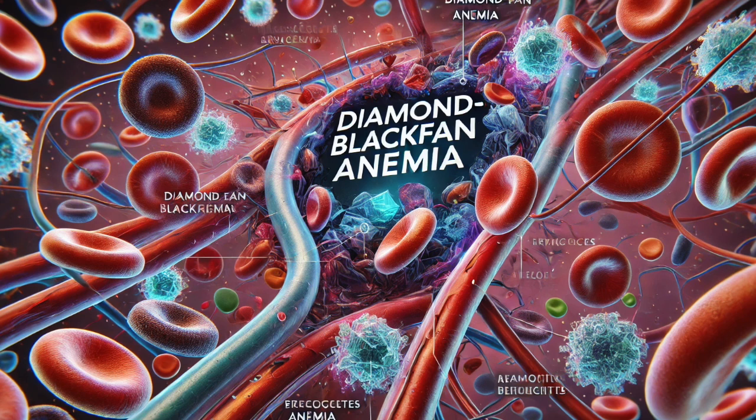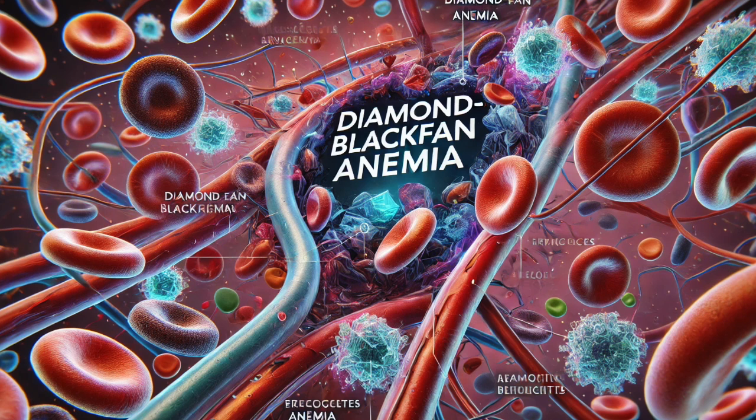Precisely. In DBA, they usually see a selective decrease in the number of red blood cell precursors. It's almost as if the marrow is trying to make red blood cells, but it keeps hitting this wall. So it's like peeking into the factory and seeing one particular production line barely functioning. That's a great analogy, and this finding really helps to differentiate DBA from other types of anemia, especially those that affect multiple cell lines, things like Fanconi anemia or Shwachman-Diamond syndrome. So normal white blood cell and platelet counts, but significantly impaired red blood cell production, that strengthens the suspicion for